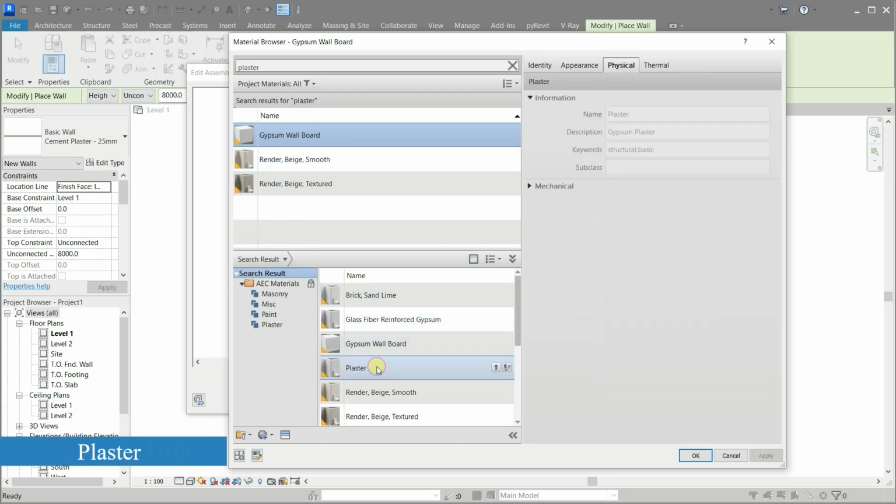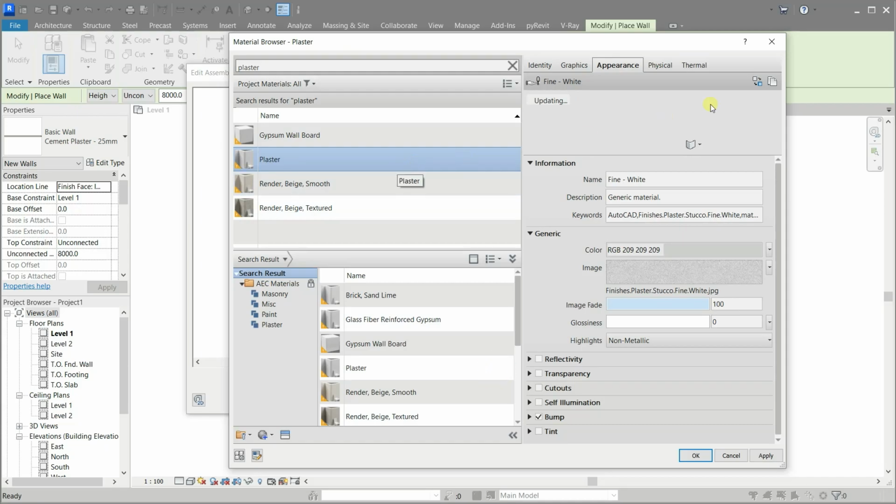I want you to look down and click on the material name plaster. Watch its physical tab, it's mentioning gypsum plaster. Click Add Material to Document to include it in our project.